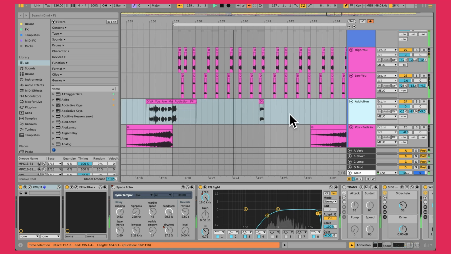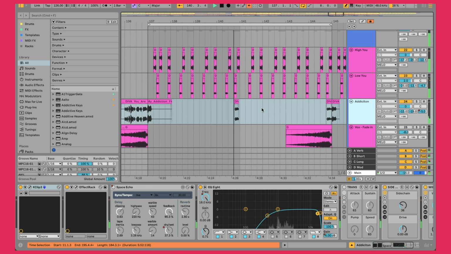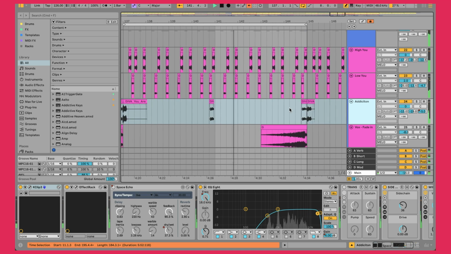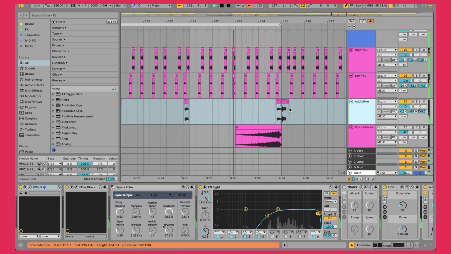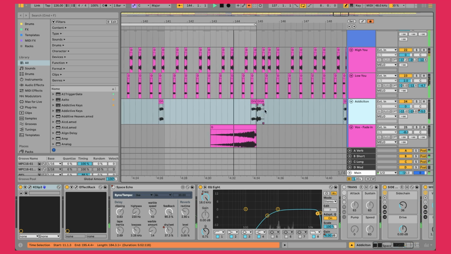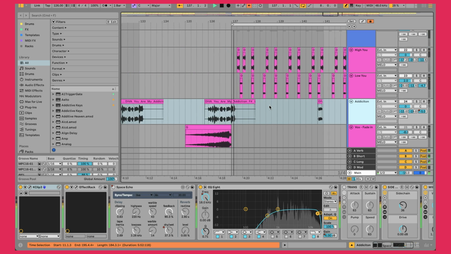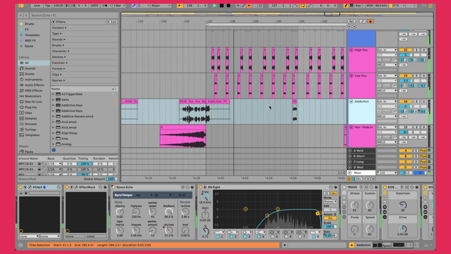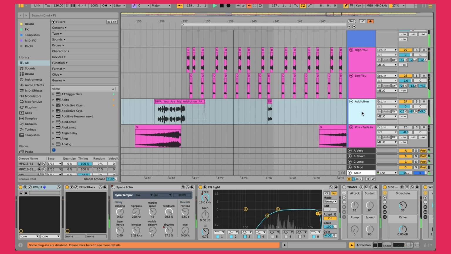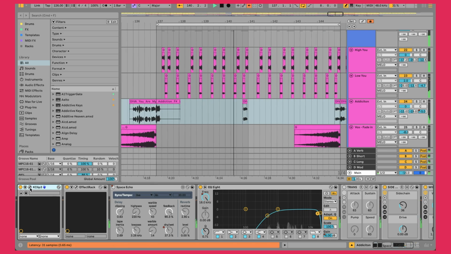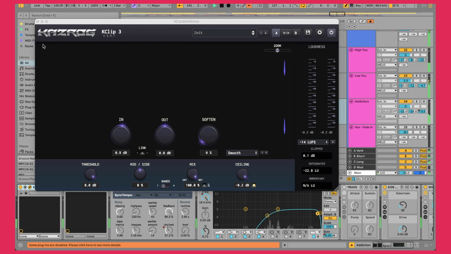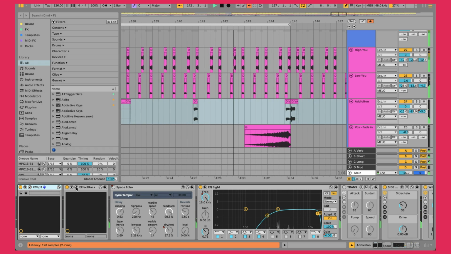This one right here. There's almost more of the full vocal that's playing, a little bit more, before it gets into the chops. Similar processing, used K-clip just to bring up some volume on this one, a little bit of effect track, probably